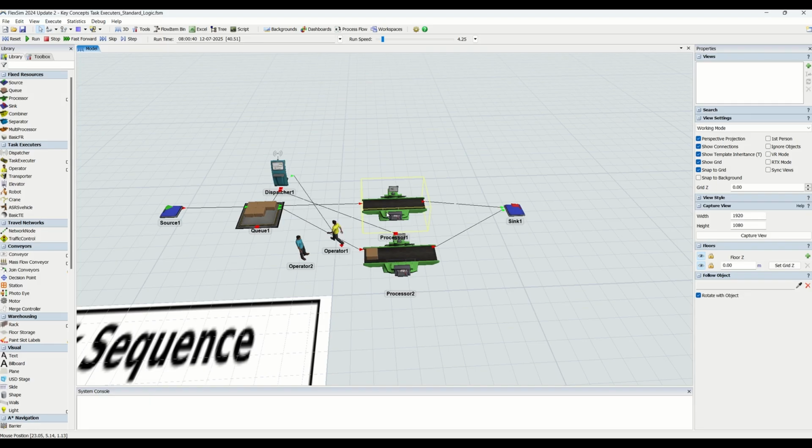Now, you notice that operator 1 tends to perform the task in this repeated order. What he does is transport the item to processor 1 and then to processor 2, and then complete the setup for processor 1, which takes almost 5 seconds. But it would probably make more sense if the operator stayed and completed the setup for processor 1 before